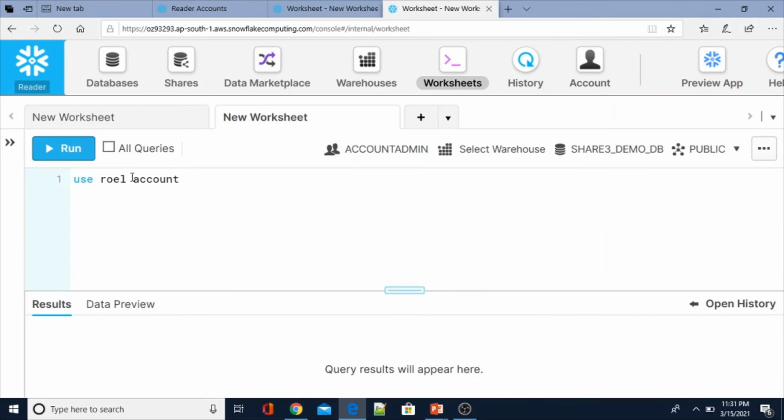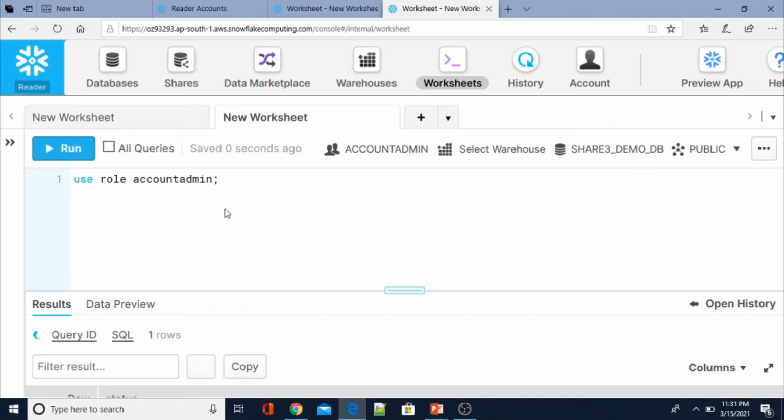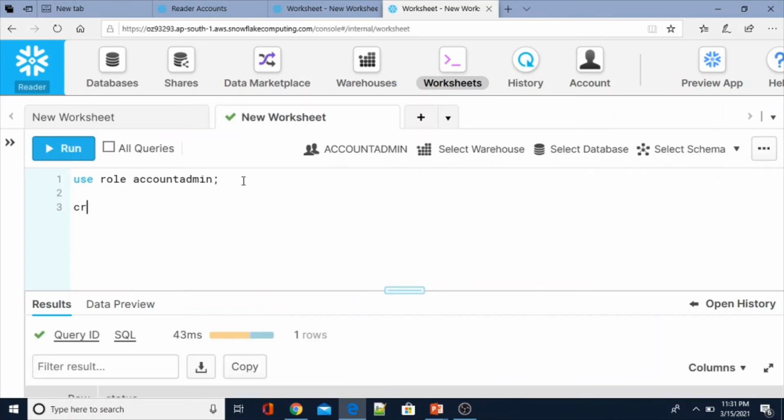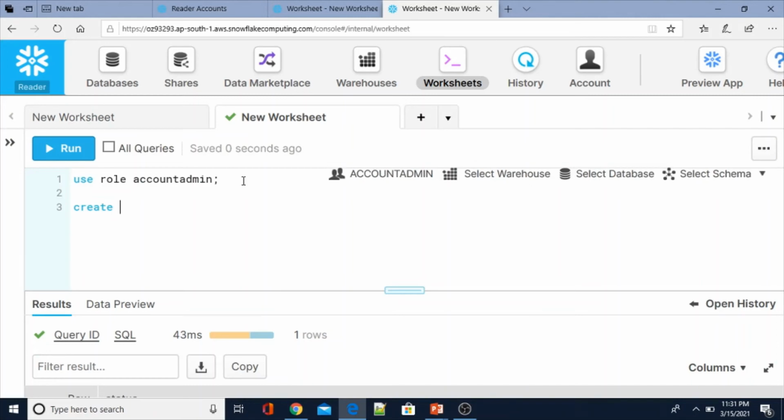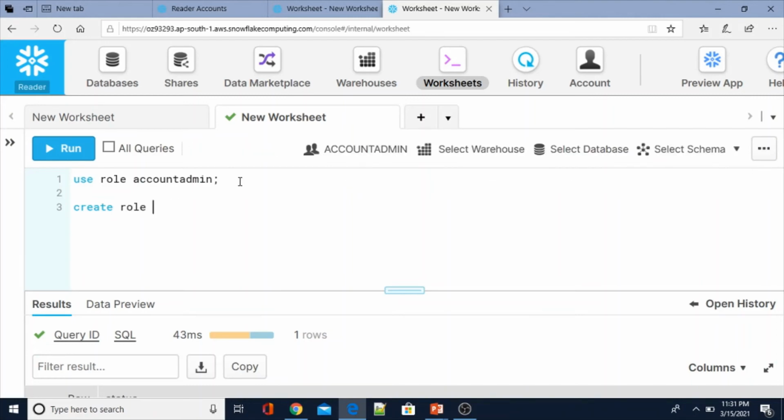Then use role accountadmin, and then let me create a custom role, role2.